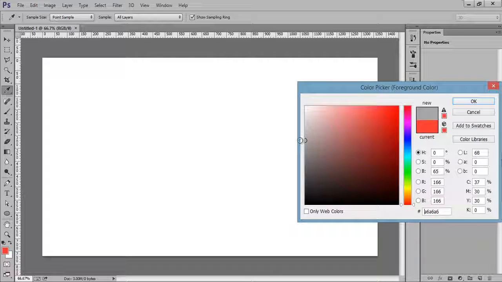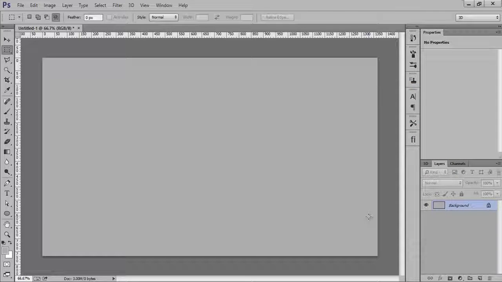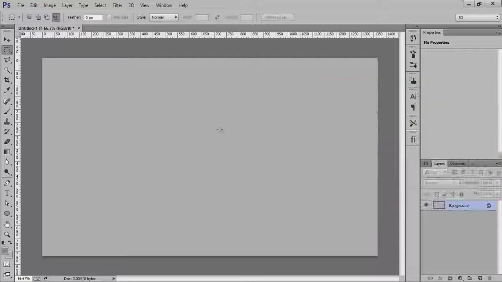One, I want to choose my gray tone for my background. So you can randomly choose a gray tone like AC, and AC is the color I want for my background. Now fill it with this color, and for my text color I will choose firstly this same color, and below this color I will choose this dark gray tone. Now click on OK. Choose this text tool.